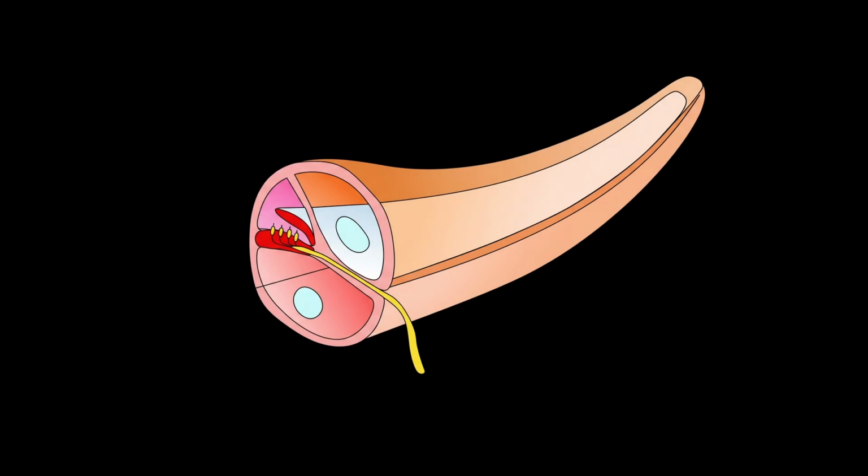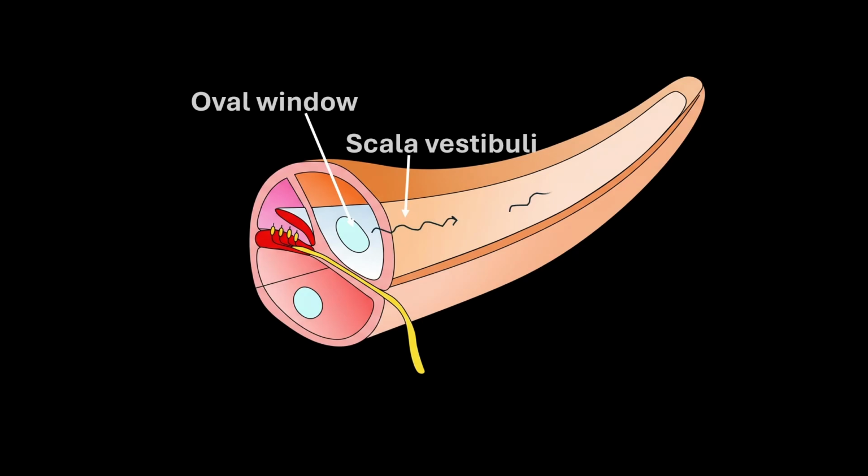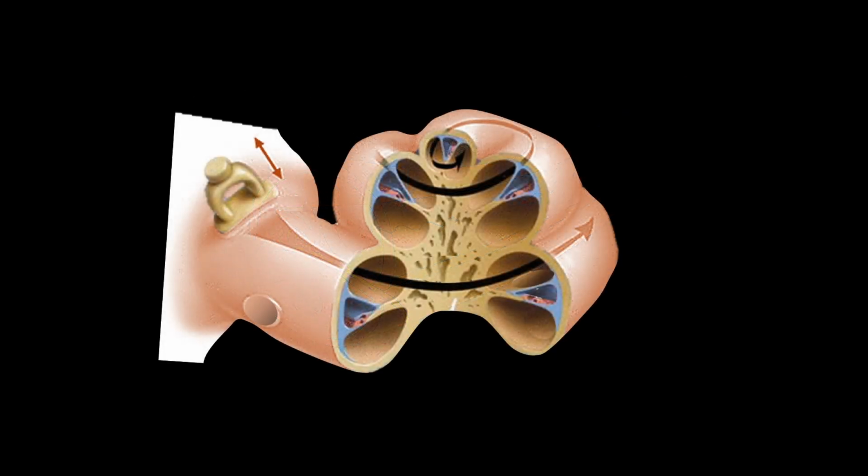Now, at the beginning of this tube is the oval window, and the first chamber affected is the Scala vestibuli, which is filled with perilymph. Now the wave starts here and travels along the length of the cochlea. But if we look at the cochlea in a cross section where it is arranged in a spiral manner, the wave begins at the Scala vestibuli, moves towards the tip of the cochlea,